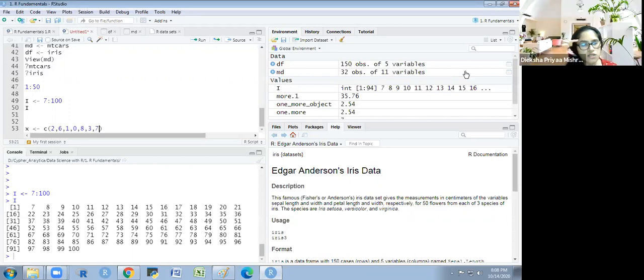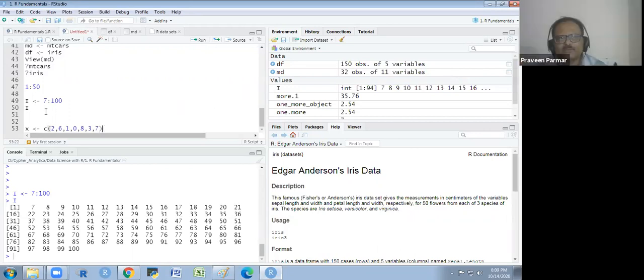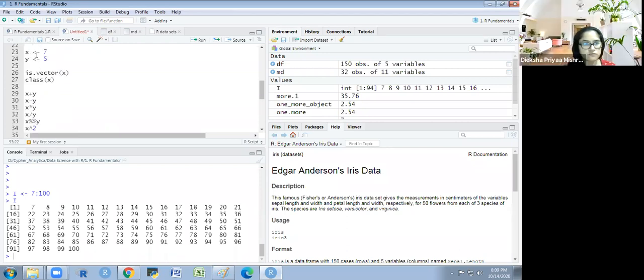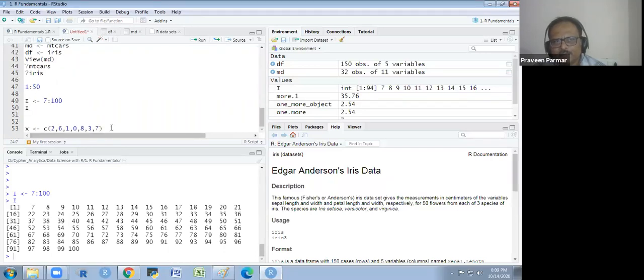Sir, here what does the C mean? C means combine. Function name is combine. Okay. For multiple elements, you have to use the C. For a single element, we are not using it. Okay. Whenever more than one, then you have to use C. If there are two elements, then you have to use C. Okay. And I run this.